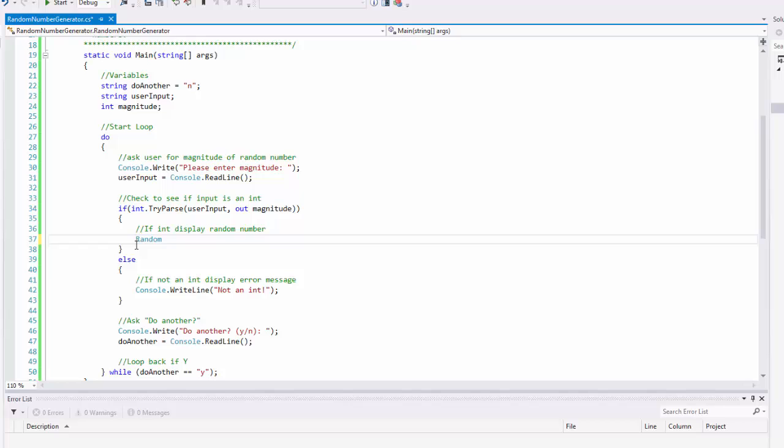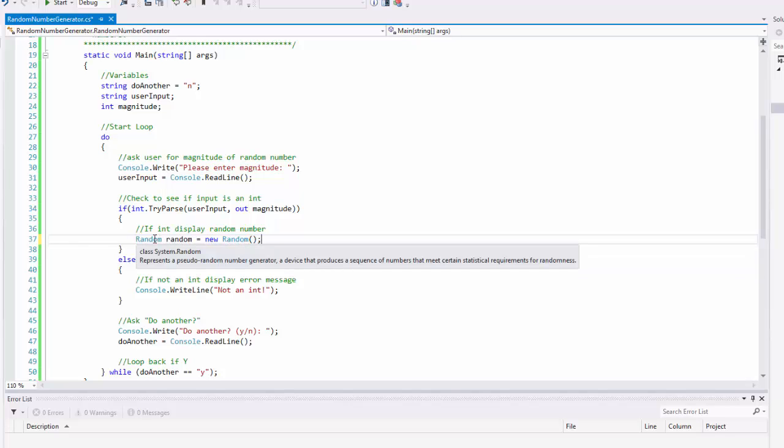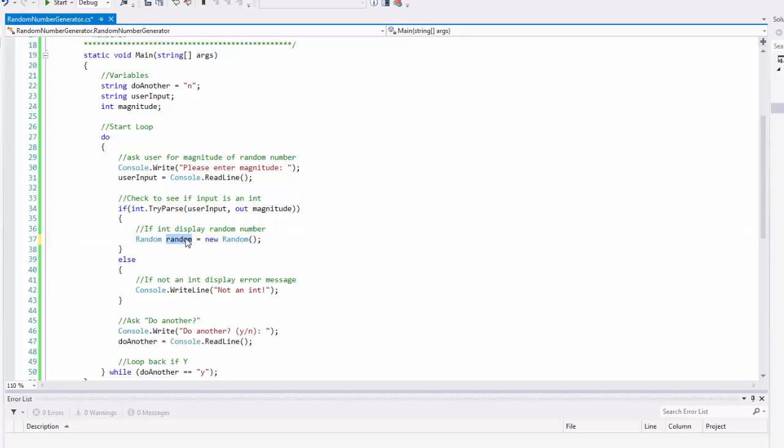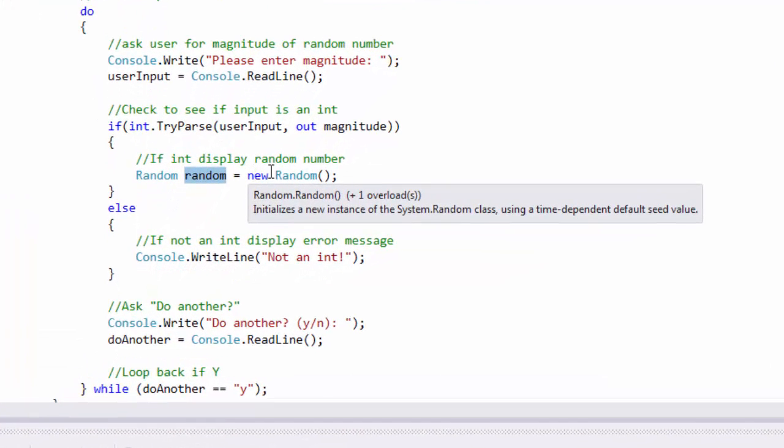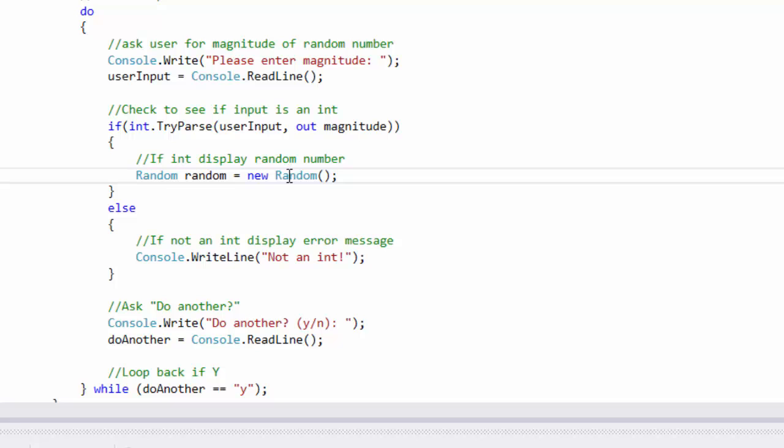So to create a random number, what we do is we're going to instantiate an object called a random. What's a random? Well, Random is a class, and I'm declaring this random object. I'm going to call it random. That's the identifier with the lowercase r. Random with the uppercase R is the class, and we use the new keyword and the name of the class,